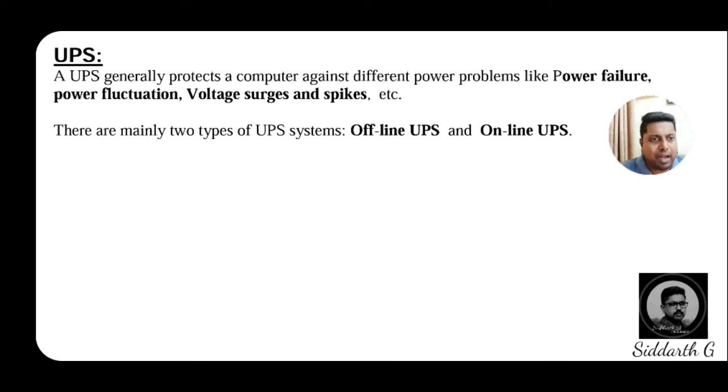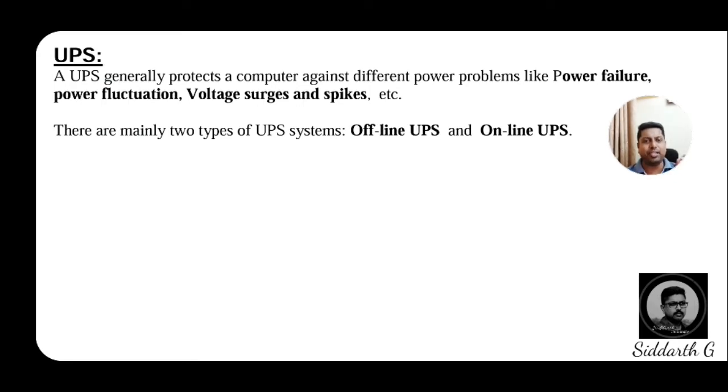Because system files will be running at that time automatically. When the power goes off and the computer shuts down automatically, there is a chance of corrupting the operating system. To avoid that, and to avoid unusual power off, we use a very important device that we call a UPS, uninterruptible power supply. By the name, uninterruptible means without any disturbance: continuously, if any device keeps the power supply coming, that is what we call a UPS.